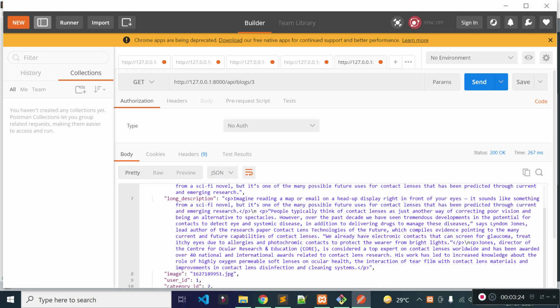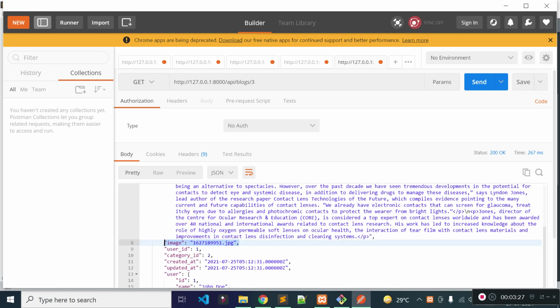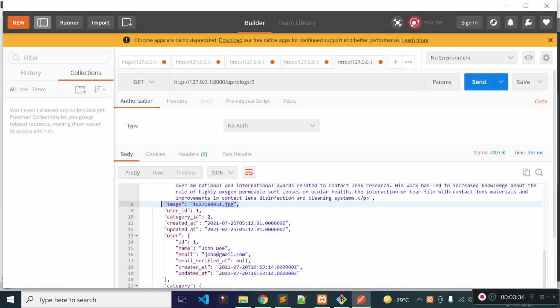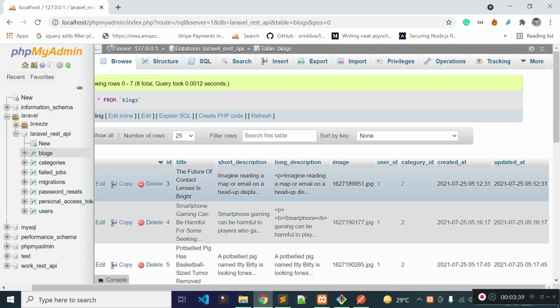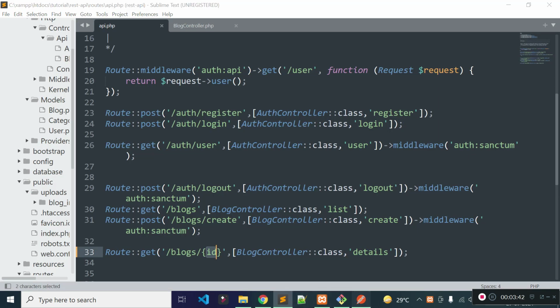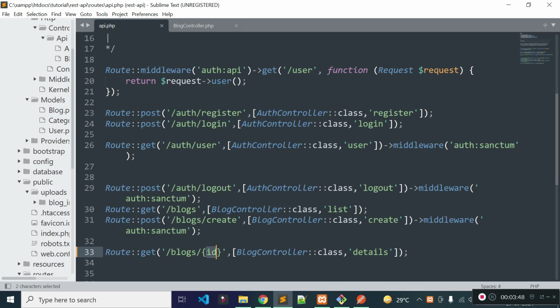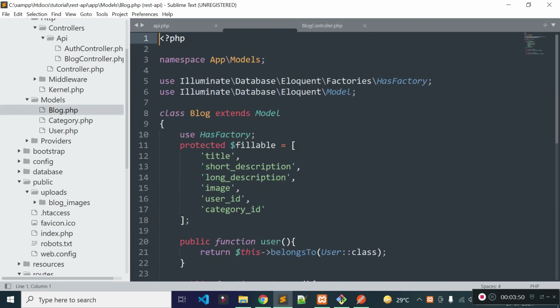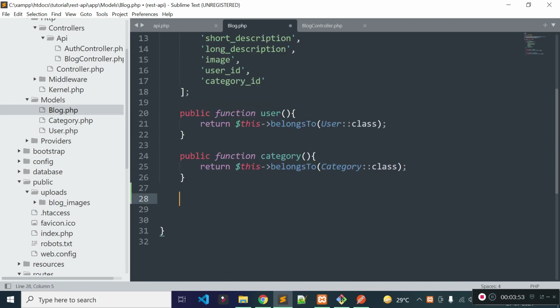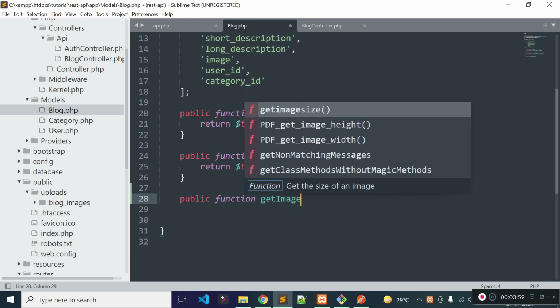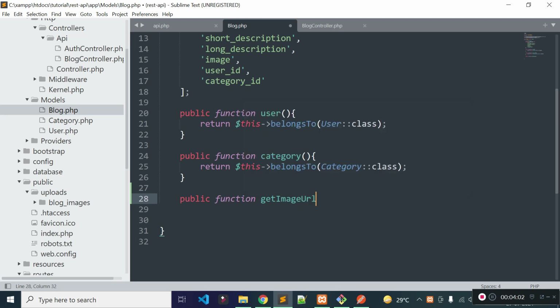Now if you check the JSON response, we have image name here, but we need an image URL for each blog. Okay, then how can we achieve this? Because the image URL is not present inside our database, we have the image name. So we want an image URL for each blog in the JSON key, right? Then how can we achieve this? For that, we can create a method inside our blog model called getImageUrlAttribute. These are the attributes. Okay, the attribute name is image URL.